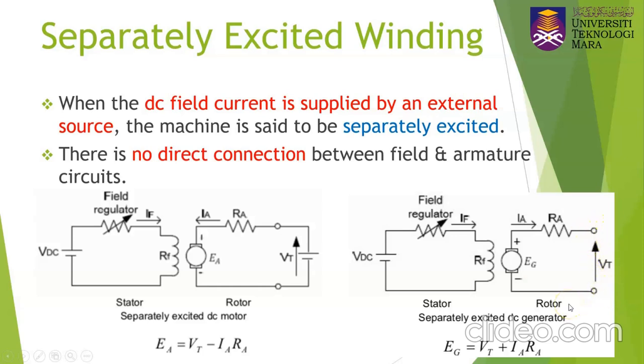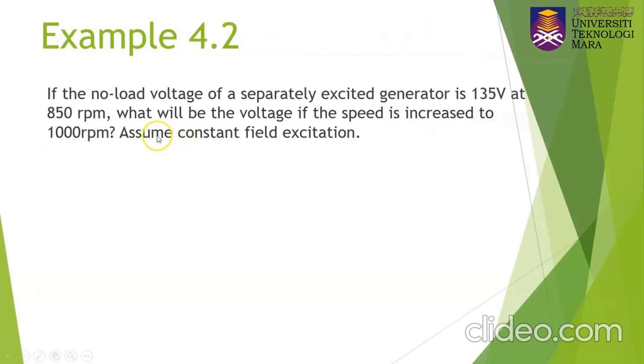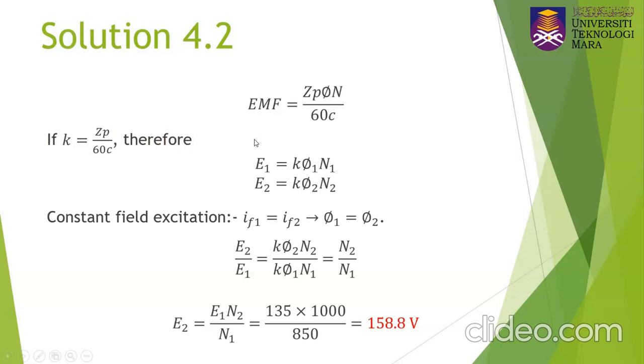Next, let's have a look at example 4.2. The question: if the no load voltage of the separately excited generator is given as 135 volt at 850 RPM, what will be the voltage if the speed is increased to 1000 RPM? Assume constant field excitation. For the solution, first of all,